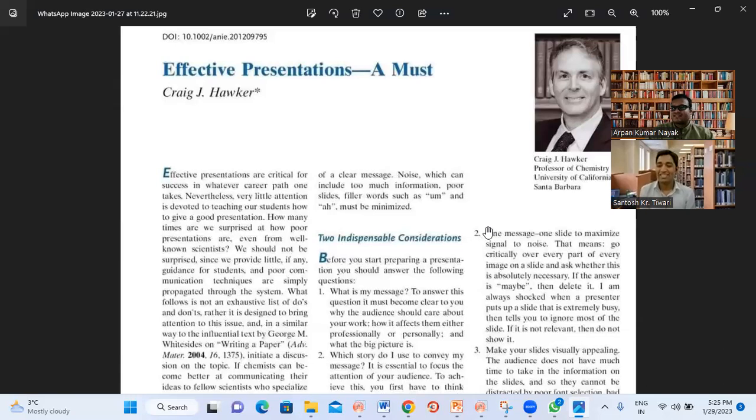So really, there are many things, and I also want to give a message to everyone: please go through this paper, and you will get so much information on how we can make an effective presentation. They clearly mentioned all these things. I think we covered in this paper whatever the main important points today. So I would like to thank Dr. Santosh Kumar Tiwari. It will be very helpful, sir, for us and also for all the researchers,